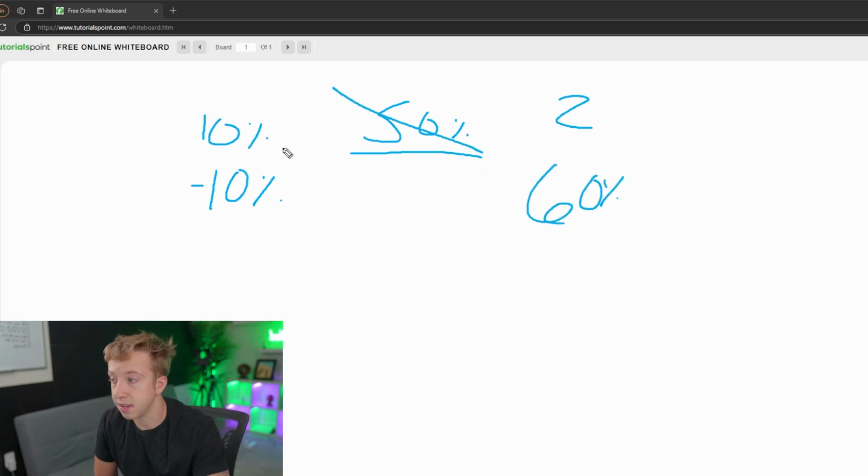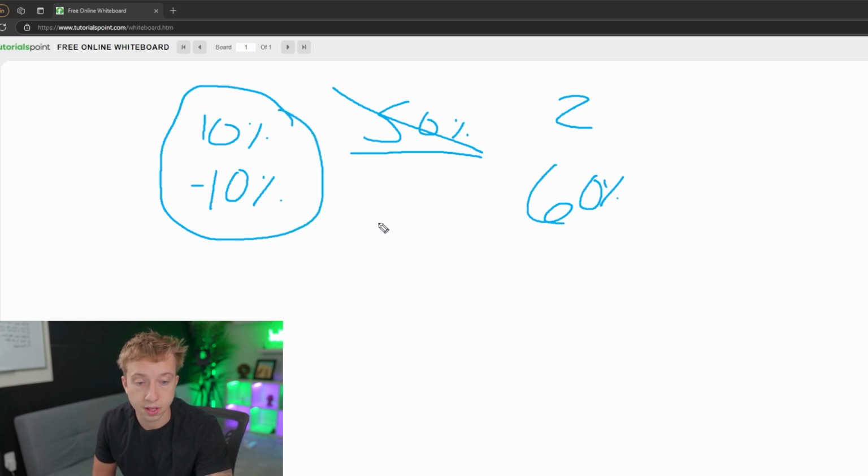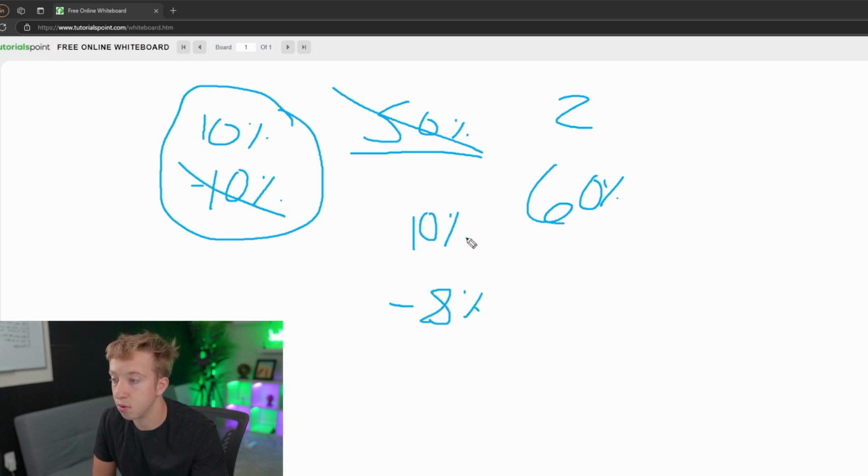The next step is to optimize this -10%, +10% risk to reward. And the way that we're going to do this is we're going to be able to make more money on the same exact trade that we're taking, just with lower risk and a higher reward. So I'm going to scale down my risk to -8%, and I'm still going to keep that 10% reward because I want to focus now on our risk.